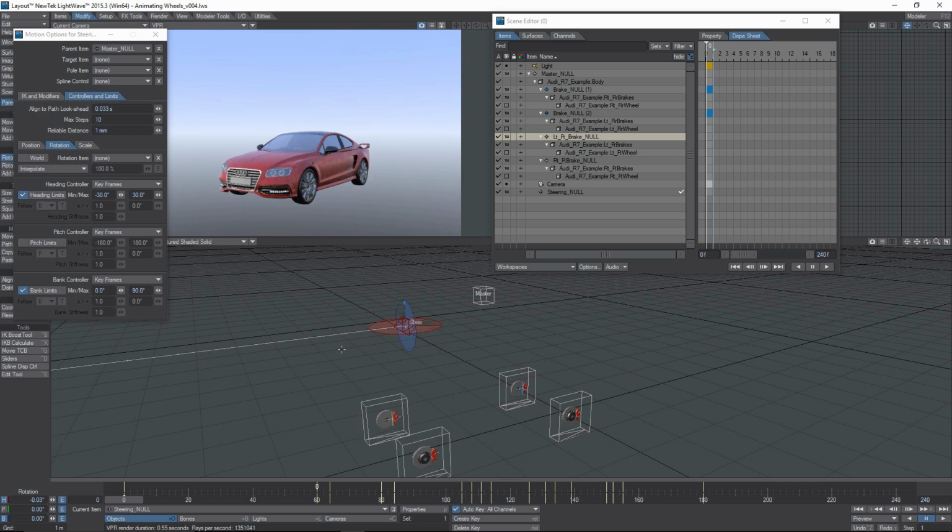So that's how that's set up. And each one of these is the same, except, yeah, that's right, for the steering. That's just for the steering. And then the back wheels don't have that, because normally I have them on one layer, but in this case I have them on separate layers in order to achieve the other movement that's involved in the Back to the Future scene. So in that case, they're both linked in rotation